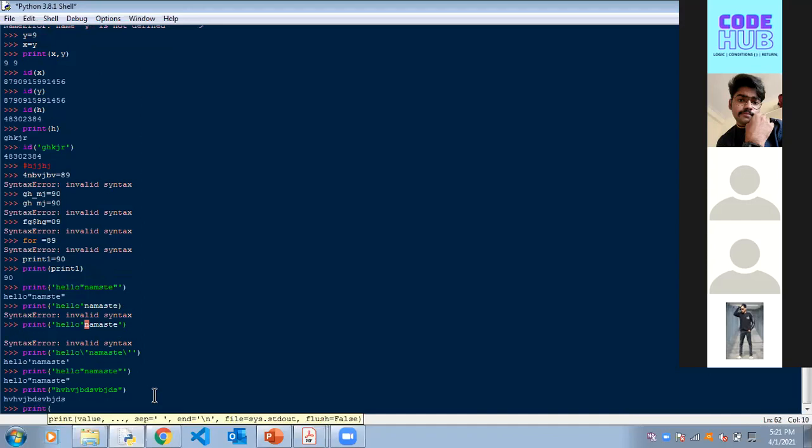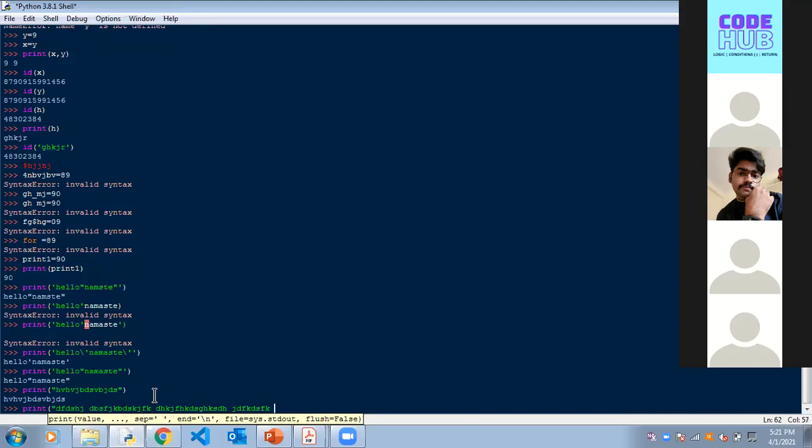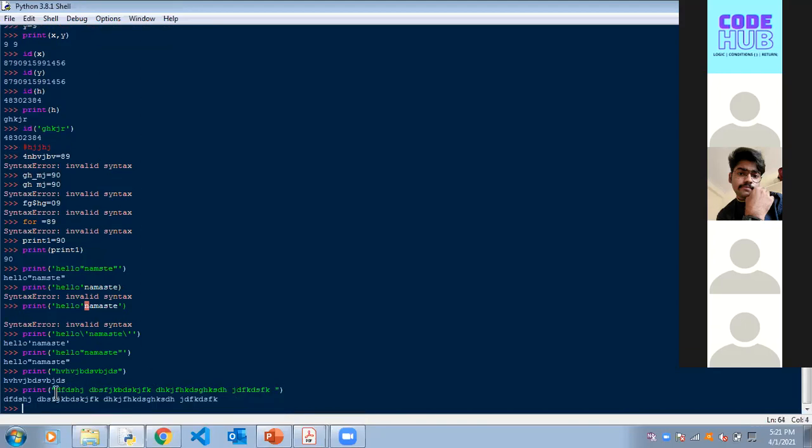Like, you use a space and then you keep typing things. Basically, the print tells the computer what to print and show the output on the screen. See, I've typed random things in it. It doesn't care what is written inside. You write a donkey inside or you write a swear word inside, it'll print that on the screen.